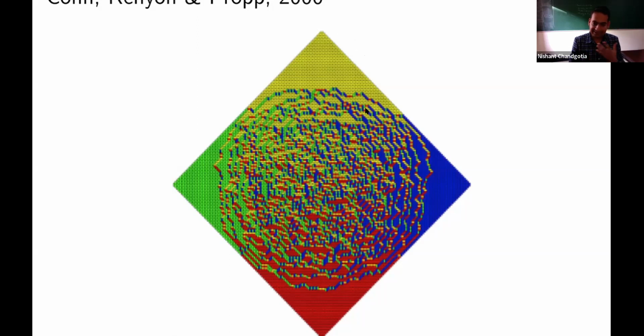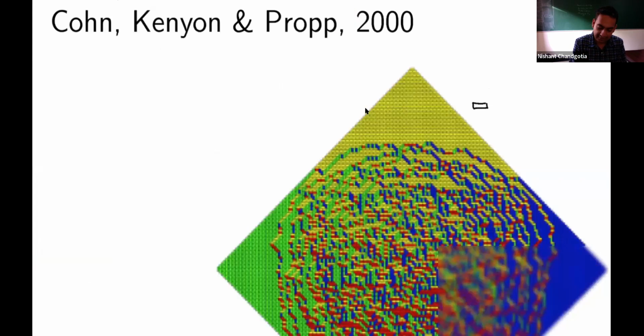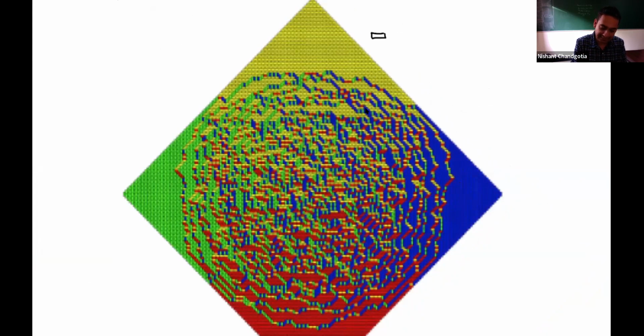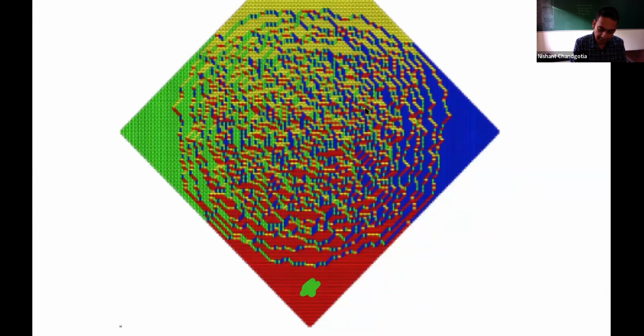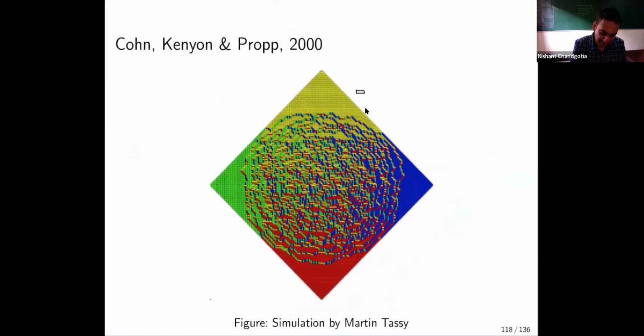And what do you see? What are these colors? So these yellow colors are dominoes in this direction. There's a parity associated with it, which I don't want to get into, which is why this is colored yellow, and these are also horizontal dominoes, which are colored red. Similarly, you have green over here and blue over here. And now what you should observe from this picture, this is a simulation by a co-author, Martin Tassy, is that